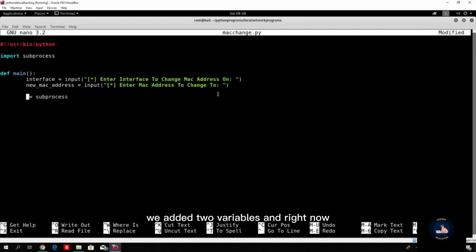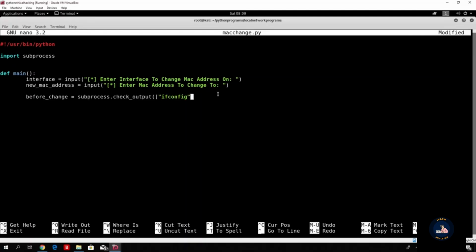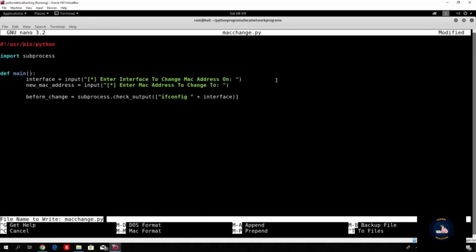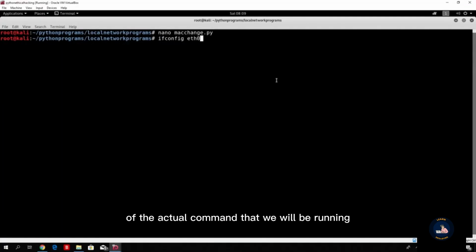We added two variables, and right now what we want to do is first of all check the output of the ifconfig command. So first of all, let us do that and place it in a variable x. So just call it simply x, or we can actually call it, so you don't get confused, before change. So subprocess.check_output. This is the function that we will use in order to check the output of the actual command that we will be running, which is ifconfig